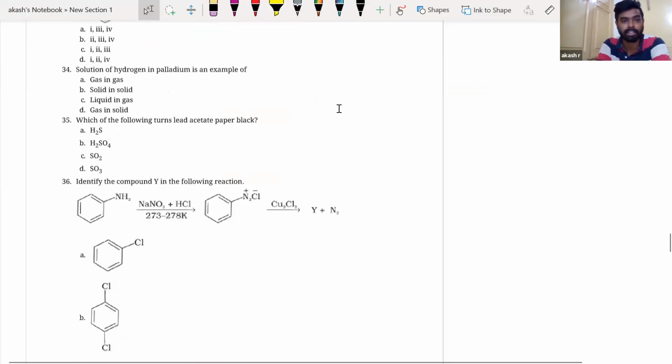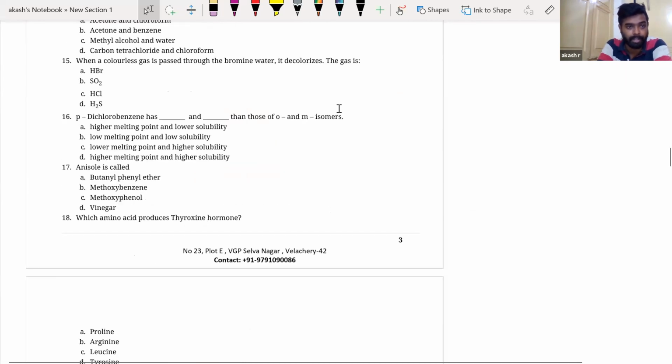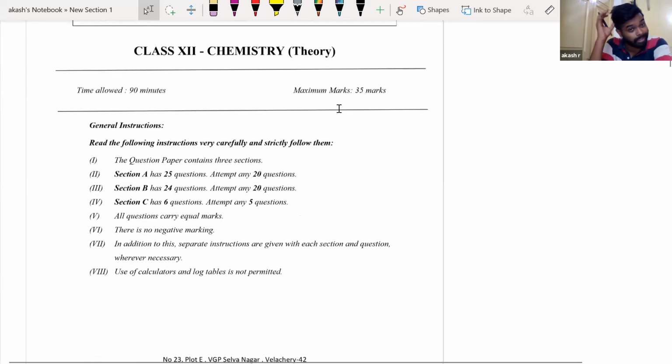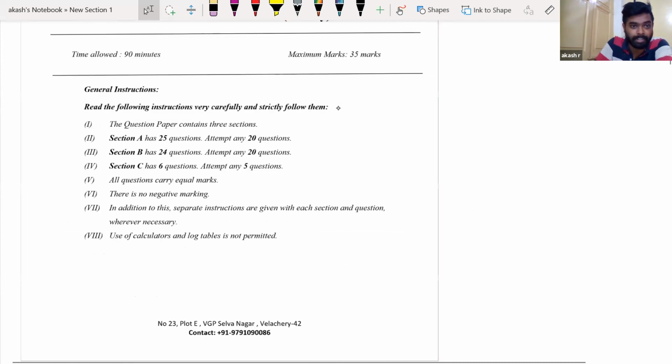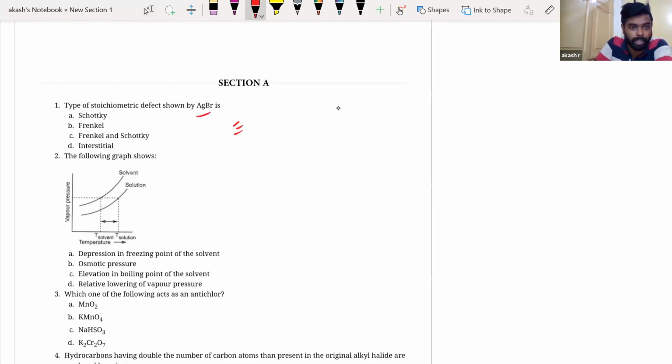Yeah, I think this contains all the 6 chapters, I guess. Okay, fine. So I think this question should be easy. What defect is shown by AgBr? Both Frenkel and Schottky. Absolutely. You have to know the examples. Definitely a question will come. You have to know the examples of compounds showing Frenkel defect and Schottky defect. You see how many questions are repeating in all the tests you're writing. Okay. Next, moving on.